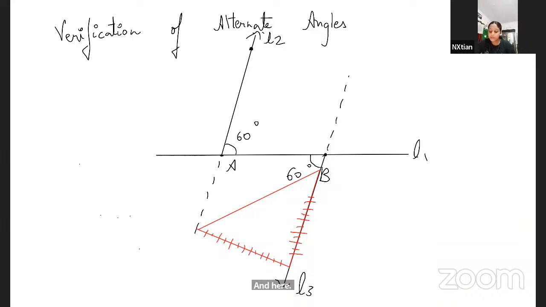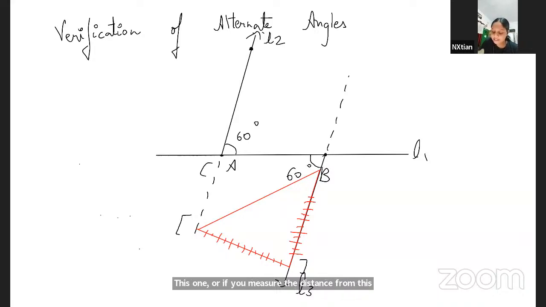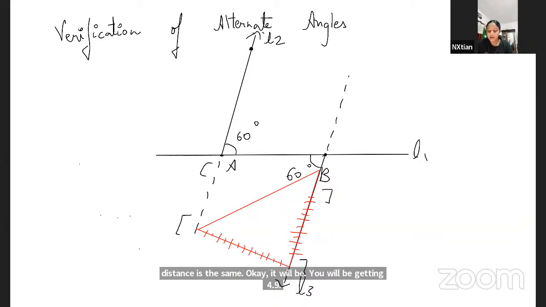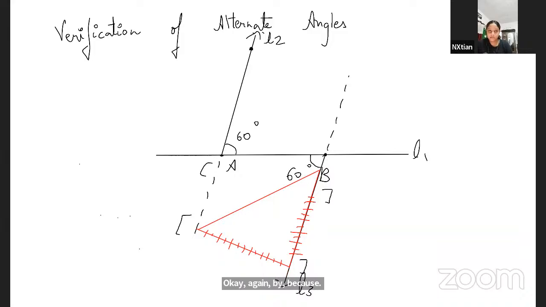Alright. So if you measure the distance from this point, or from any other point, we will get that the distance is the same. Okay, Edric, you will be getting 4.9. Again, why? Because when alternate angles are formed between two parallel lines, the alternate angles are equal. Or when two alternate angles are formed using two lines and they are equal, then the two lines will be parallel. This is the property of